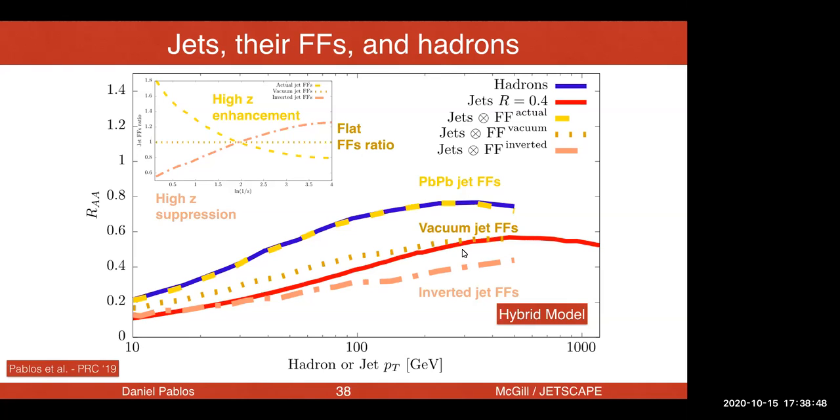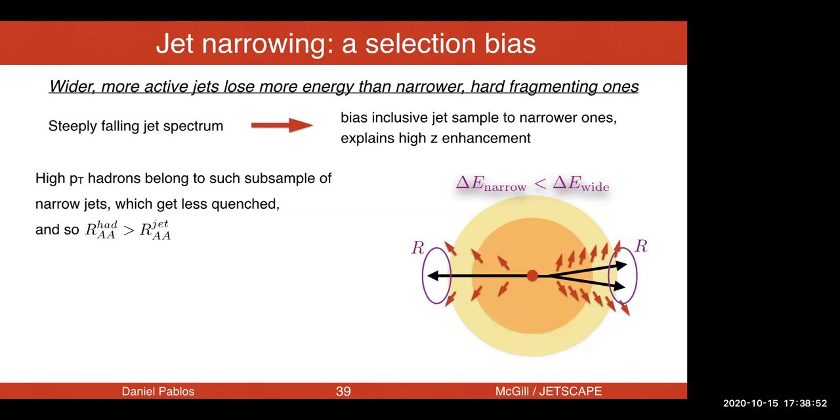So this is no longer anything surprising. This is once again this very basic fact that wider jets lose more energy than the narrower, hard fragmenting ones. High pT hadrons belong to the subsample of jets that are narrow, which get less quenched. You could think about the hadron spectrum as some kind of limit of a radius going to 0, right? So that's